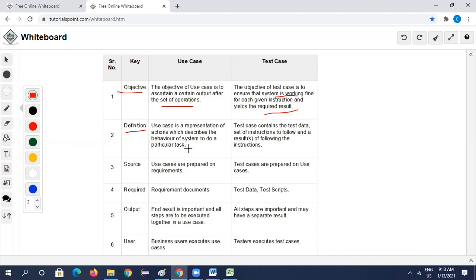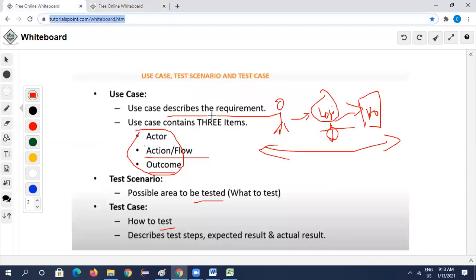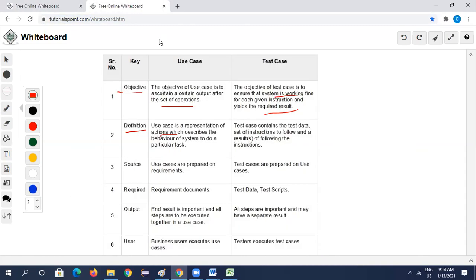The definition can be described as a representation of actions. We have seen here actor, action, and outcome describe the behavior of the system for a particular task. We represent a particular task or functionality like login functionality in actions. Here we write the test cases, test data, followed by the instructions.